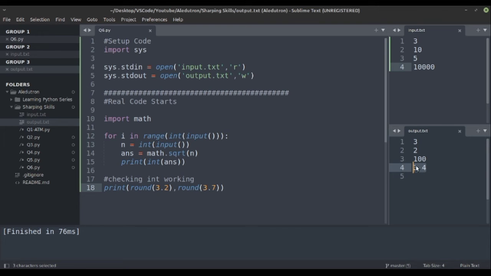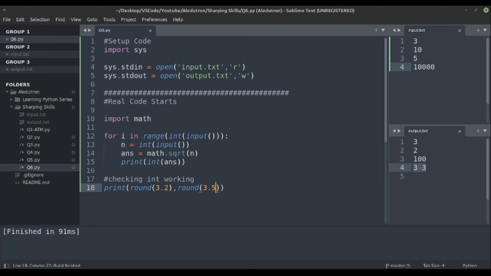I thought this would be the output of the int function, but that's not the case. So int works as math.floor, it floors the value. But with round, as you know in mathematics, if the value after the decimal place is 5 or above, we round it up. Let's check this too. 3.5 is 4, and if we give 3.4, then it gives 3 only.